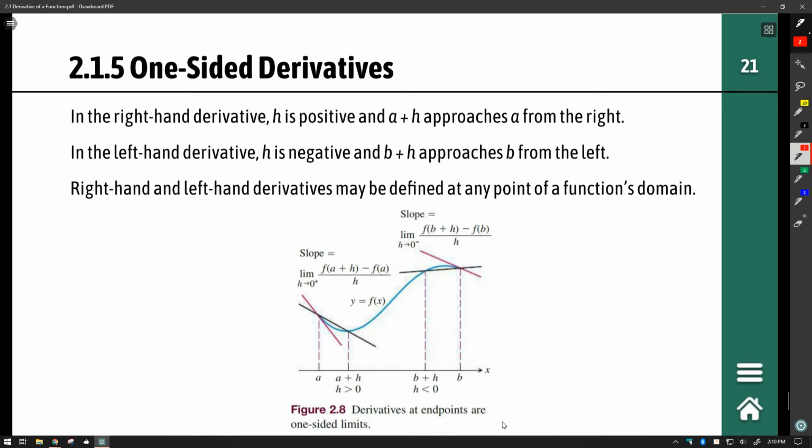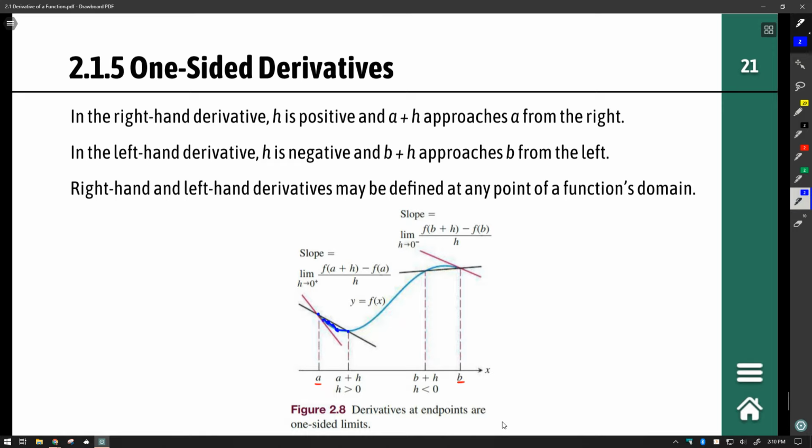So to take one-sided derivatives a bit further, here is a graph that kind of mimics what I drew on the last slide. We have a function that moves from a to b, and it is continuous throughout. We have differentiability at every point in the middle. Now on the left endpoint a, we see our a plus h x value to get our y value. And there's our secant line drawn between. And we're moving that point a plus h closer and closer to a